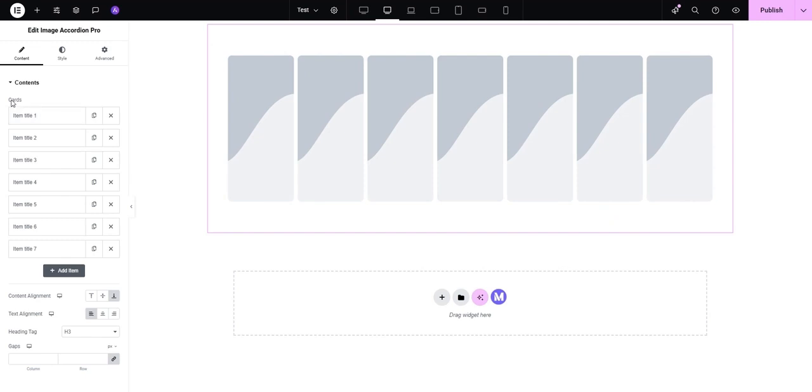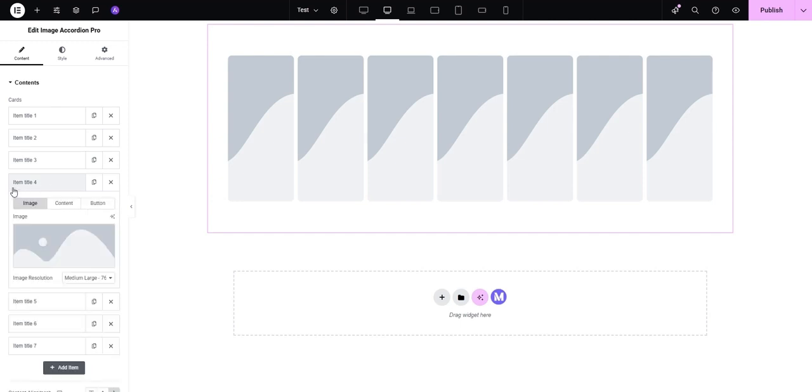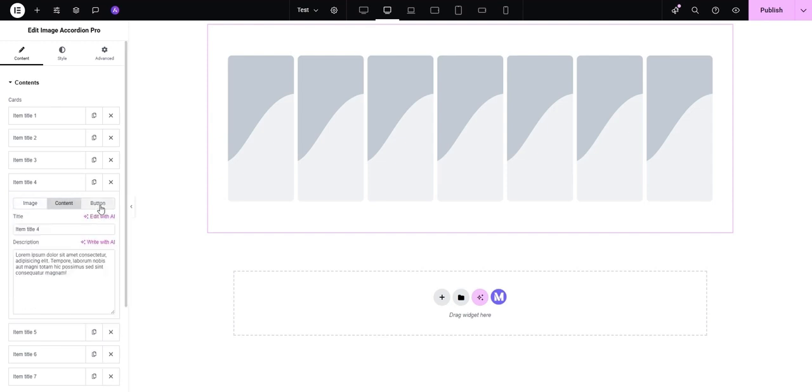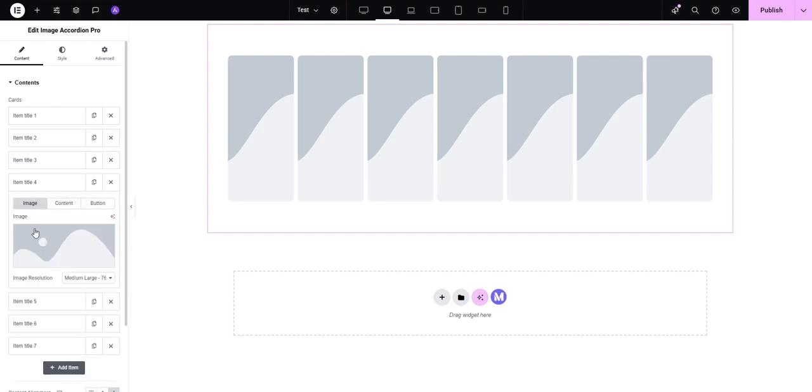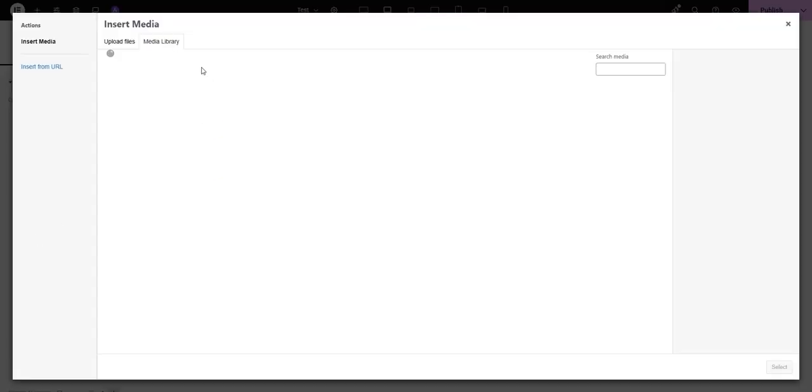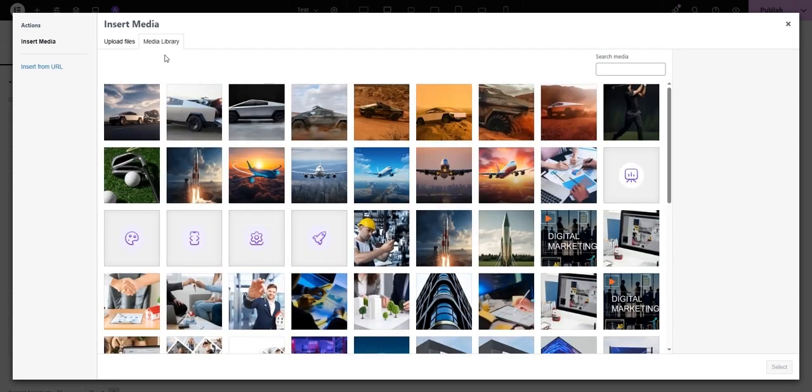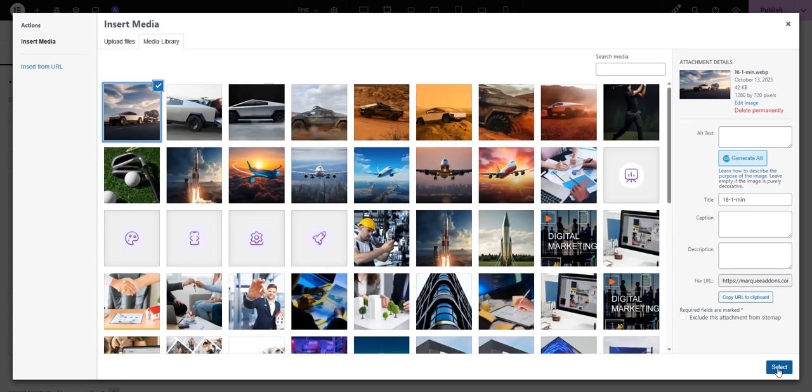For an example, we can see that here there are too many cards, 7 items. So what can we add inside these card items? If we click on item 4, you can see that here we can add image, content, button. For this image we can add an image from the media library. I will add this image,